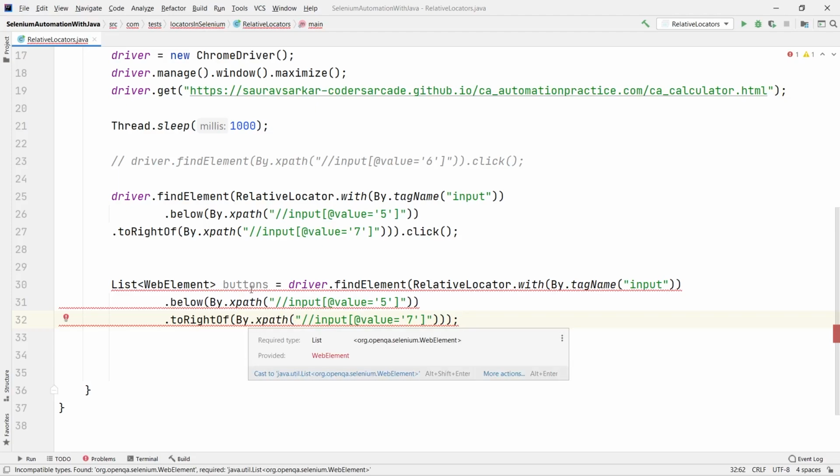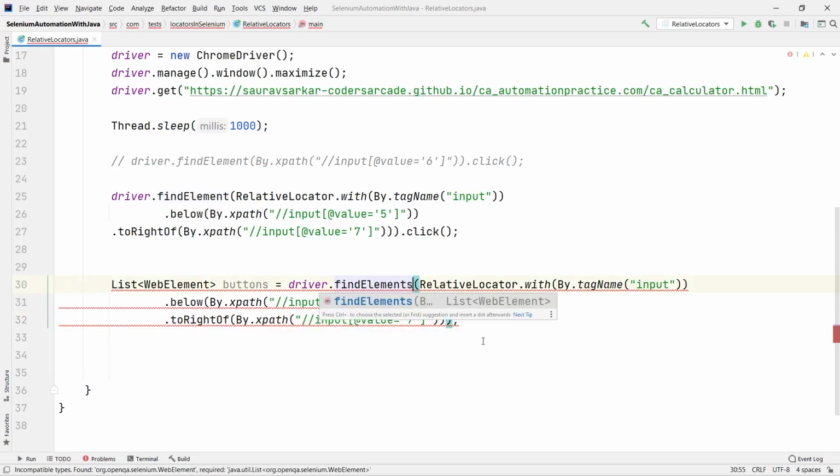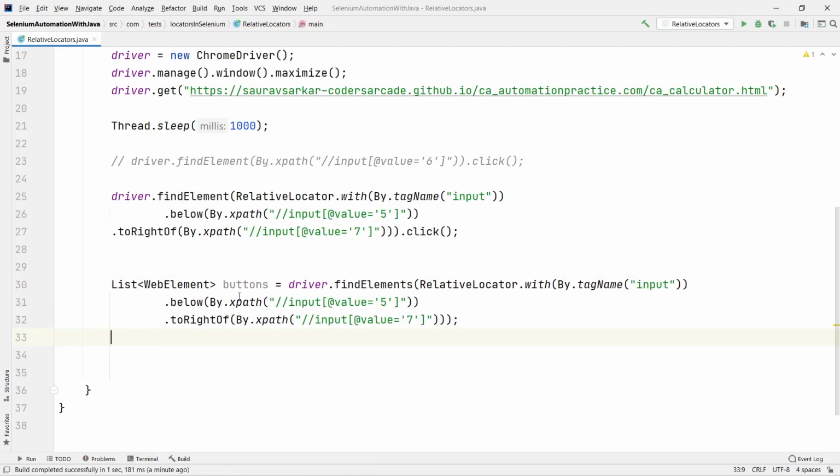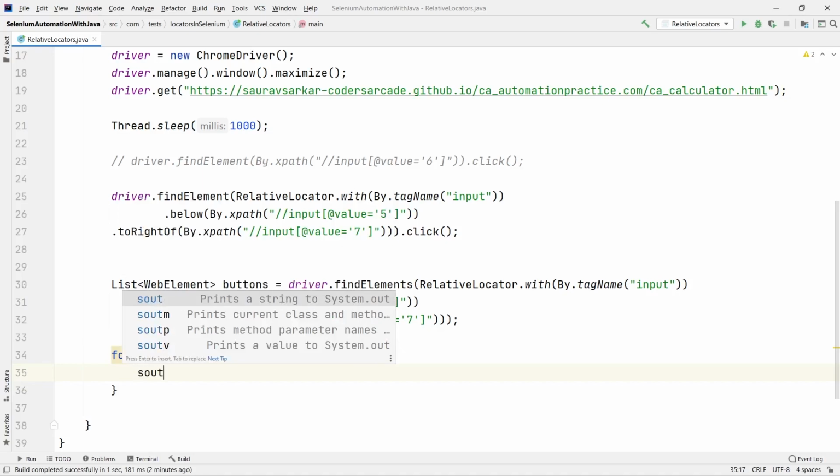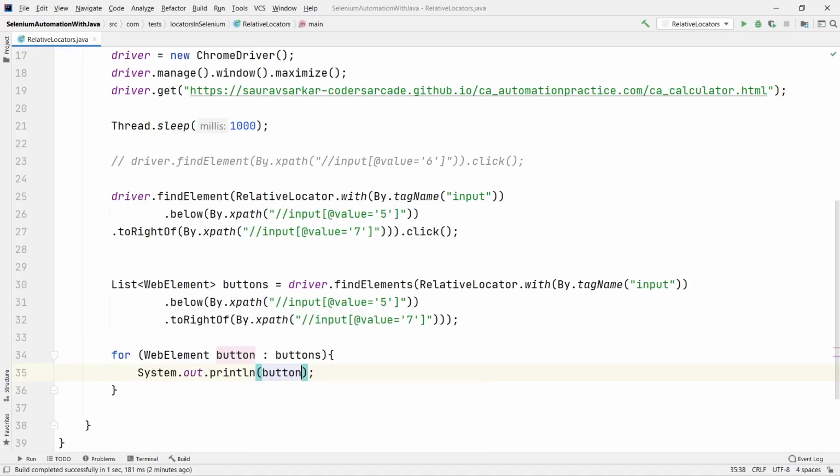You can see there is an error because it is findElement. It should be findElements. Now see, the error is gone because it is expecting a list of web elements, so we have to use findElements. Now let me print all of them one by one. So we will use a for each loop, WebElement button in buttons. We want to print the value, right? So let us do one thing: System.out.println, I will print each button dot